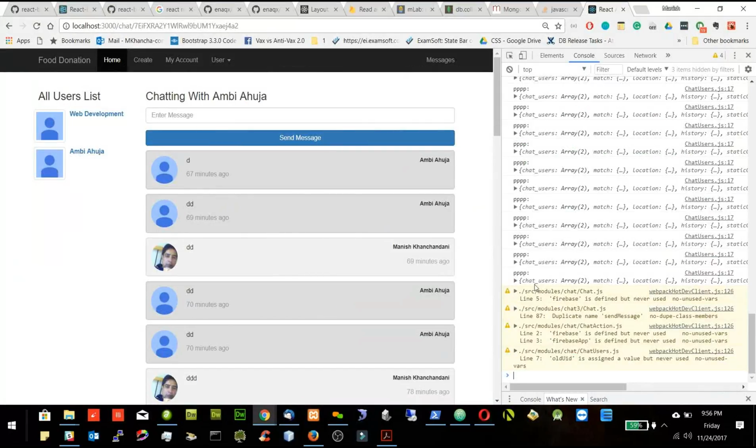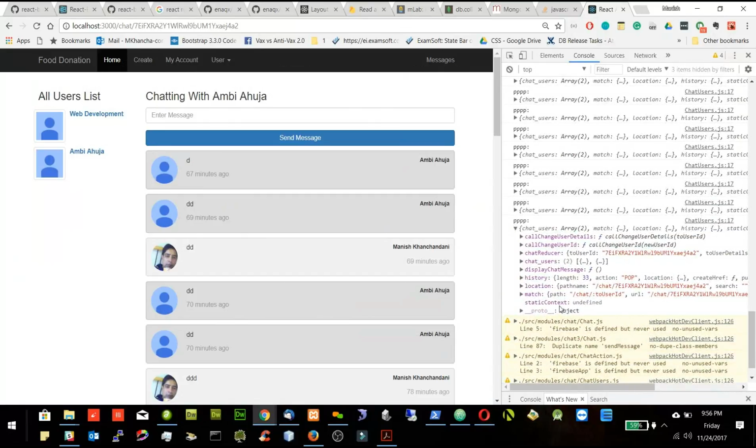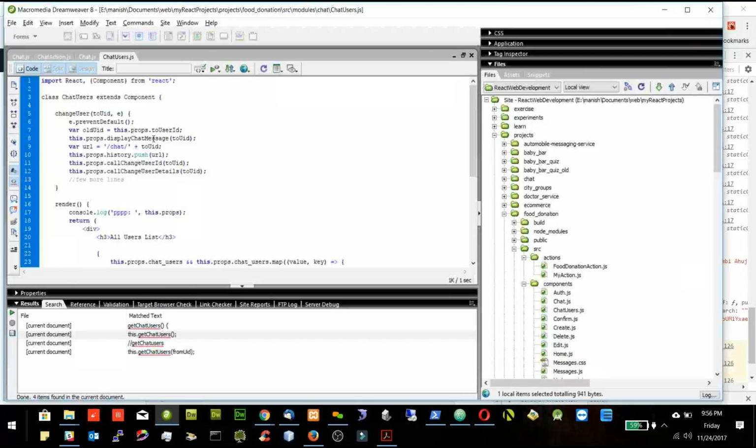So if you see in the props, I'm not getting to user ID here. It is in the chat reducer to user ID. So let's change it to this dot props dot chat reducer dot to user ID,